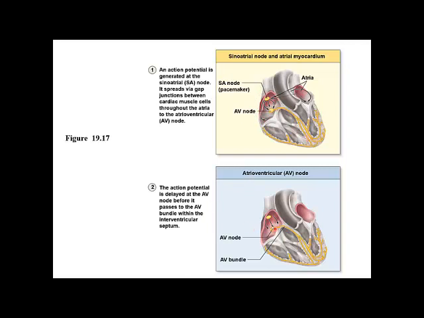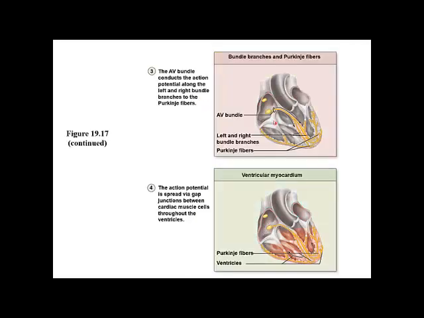After the signal delay at the AV node, the signal will very quickly pass through the atrioventricular bundle. This is not nervous tissue, but it is specialized cardiac muscle tissue that takes action potentials very fast from one place to the other. They are, in effect, acting as neurons. Going through our interventricular septum, the AV bundle will split. After the split, the signal is taken through the left and right bundle branches, all the way down to the